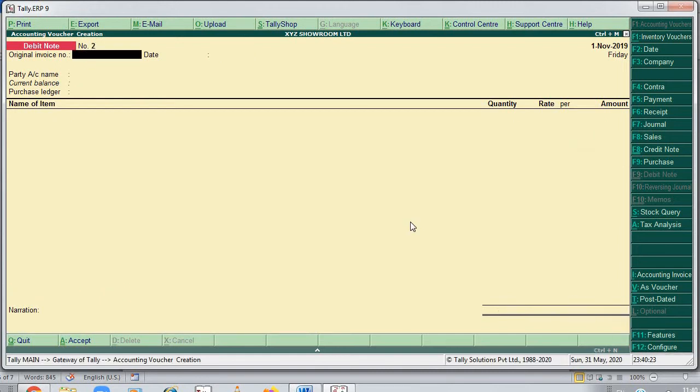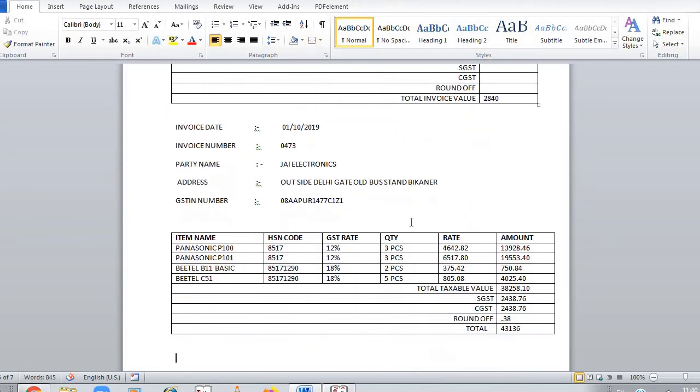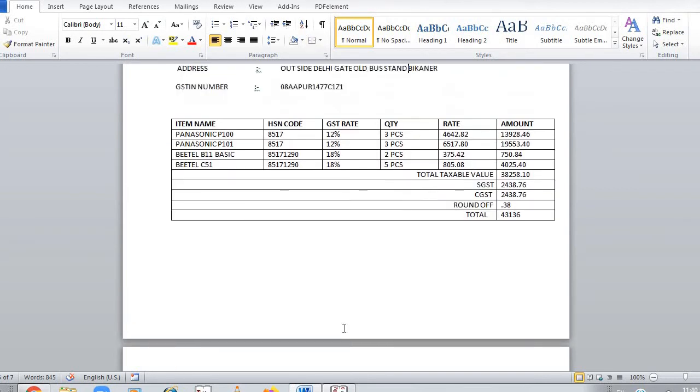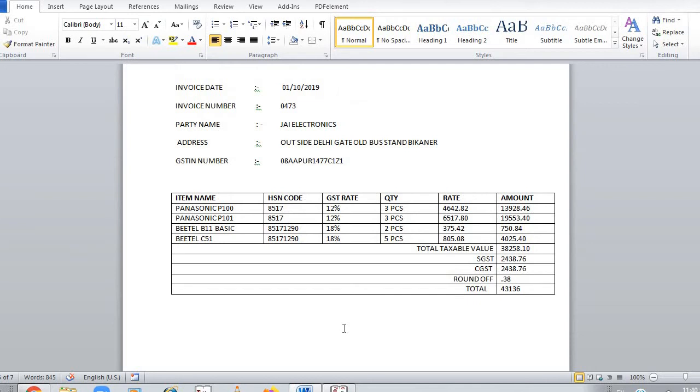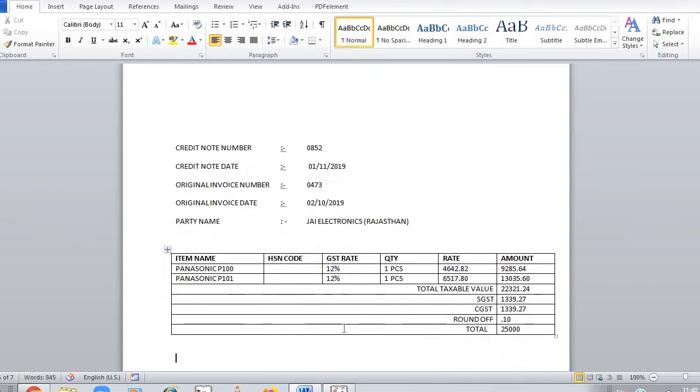Now we will do one more entry. Before doing one more entry, you just create this purchase order over here, and this purchase order is there with tax. If you create this purchase order, then only this purchase invoice, then only you are ready to do the another entry. I'm just pausing, you just pause it, and you just do this purchase invoice entry. Now after doing that purchase entry, you can make a debit note of this item.